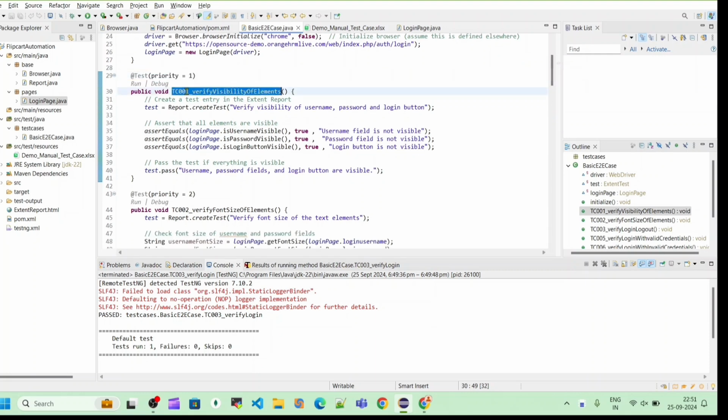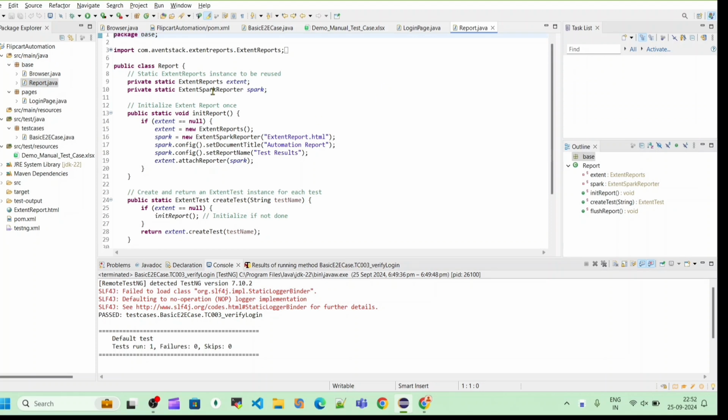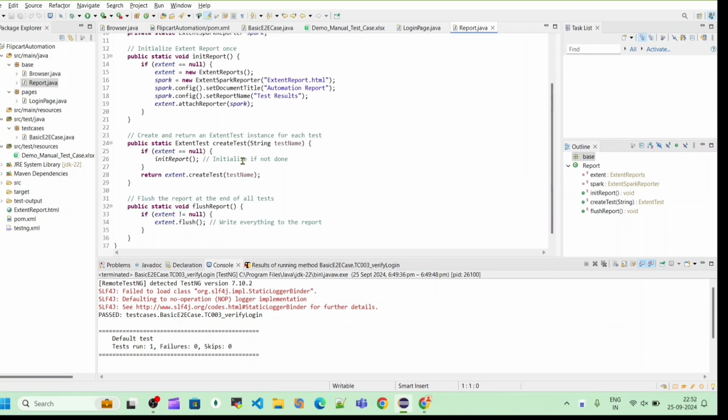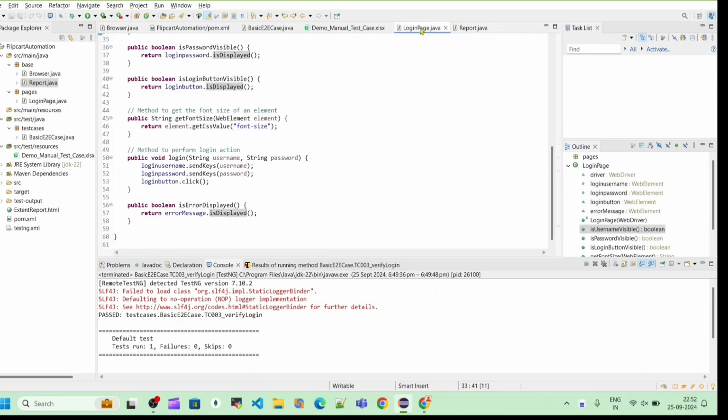Then I have provided the test case ID and what the test case belongs to. And for the report purpose, I have created another report class inside our base. There I have added our extended report. That extended report I have added here, and I'm calling it in our